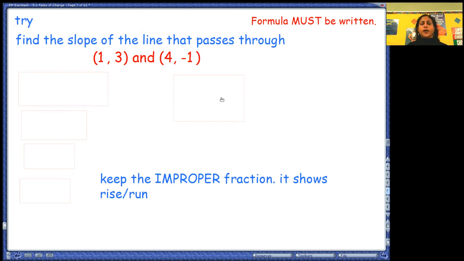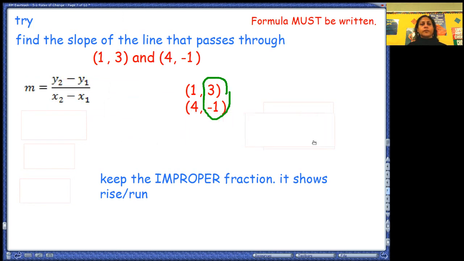Here goes. I am going to write the two ordered pairs one below the other, and I am going to circle my y values. And now I'm going to start off with the formula, and then it's going to be m equals 3 minus negative 1 over 1 minus 4,